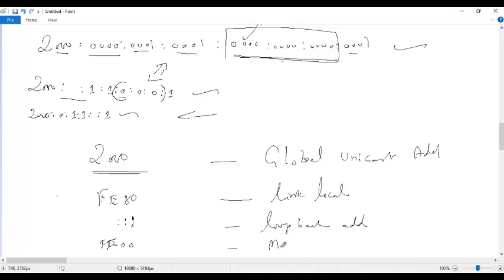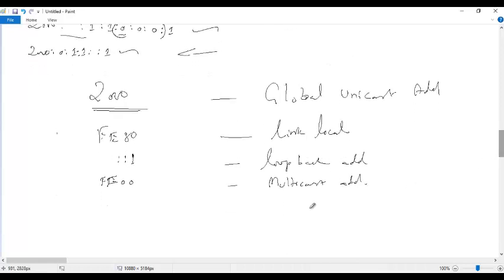There were also two more, but now they are no more; they are removed from the standard. That is what I was about to say: FEC0 and FED0, site local. These are no more in the standard. They were used as site local, like a private address, earlier.